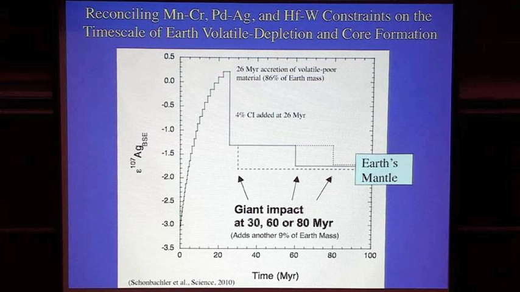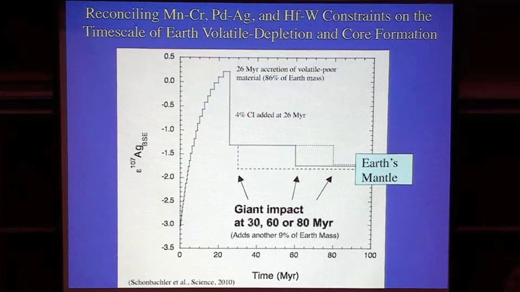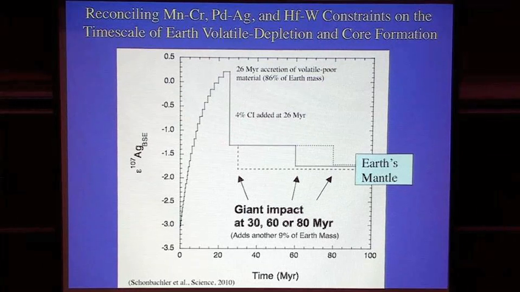After that, what you're left with is an Earth that has a silver isotopic composition that's very different from what we measure today for the Earth. So you have to bring that down. You bring it down by adding a volatile-rich component, a CI component here, at 4% of the mass of the Earth. You add it sometime after 26 million years, because after 26 million years, the manganese-chromium system is shut off, because manganese-53 is gone. So you're no longer under the constraint of the volatility issue, so you can add volatile-rich material this late. That drags the silver down here,